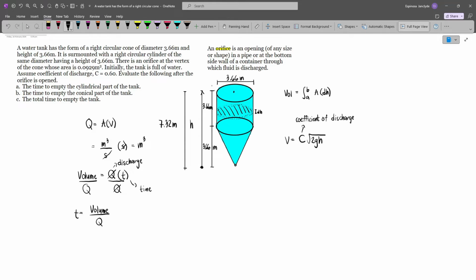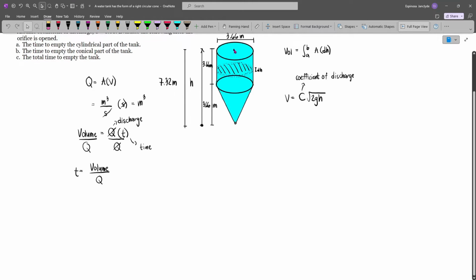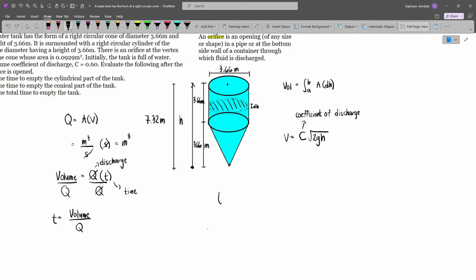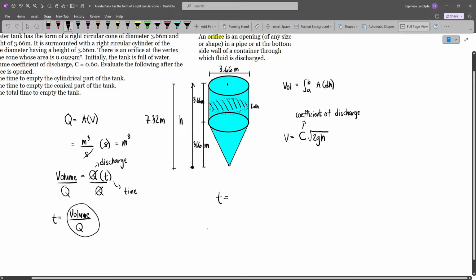So balik tayo, yung h dito is 0, and then it's increasing up to this point. Now, ito yung gagawin natin. We will describe this equation in terms of an integral, kasi variable kasi yung h natin dito. Magbabago kasi yung velocity at this point, and then at any point right here. Kasi essentially, our velocity will decrease if the elevation is lesser, kasi liliit yung h. And so, diba, we can still express time as volume divided by Q,